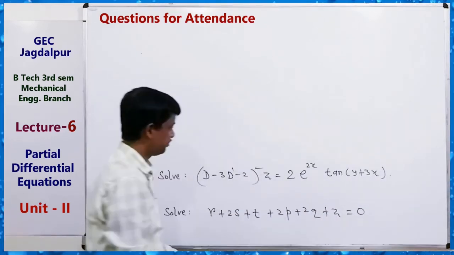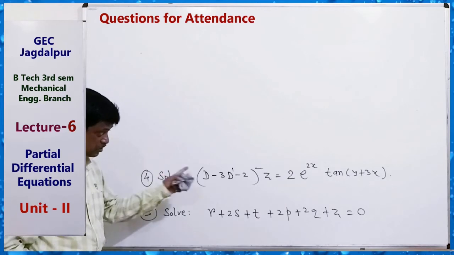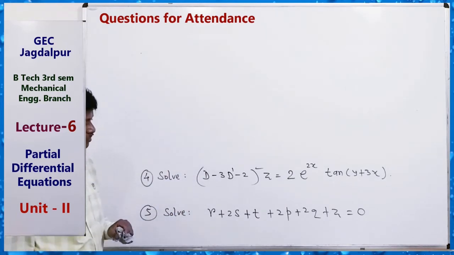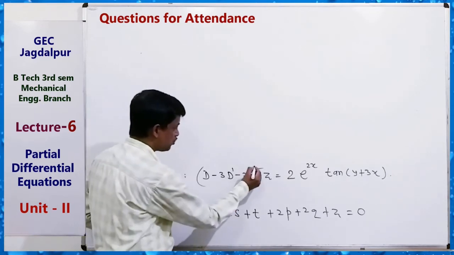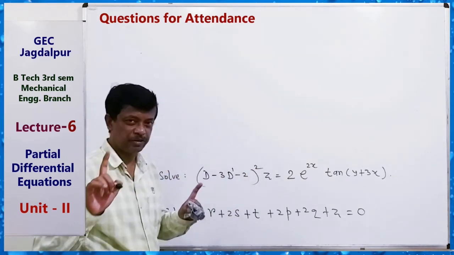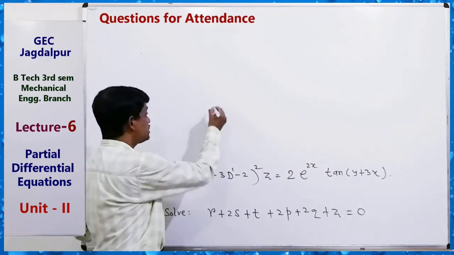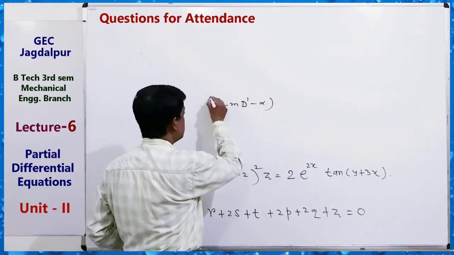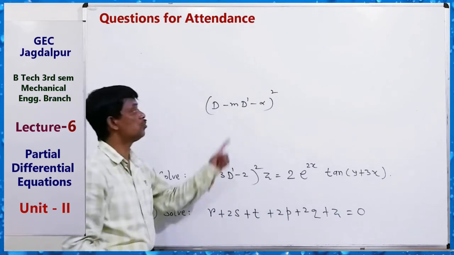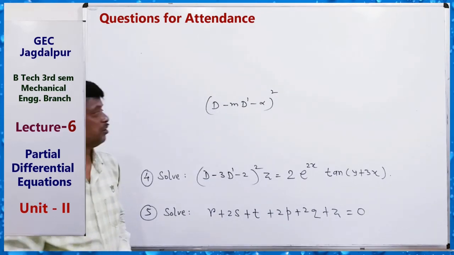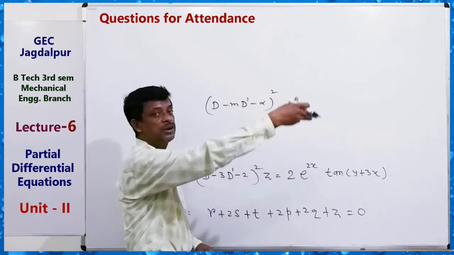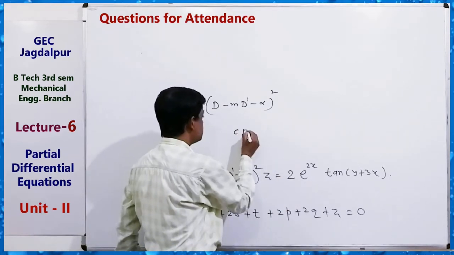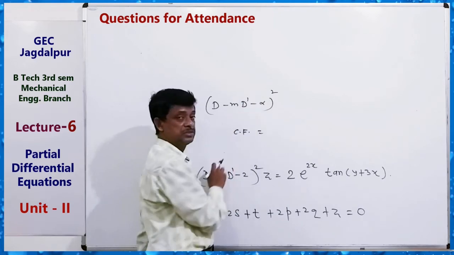Now here for this question, this is a very simple question. For this question, the main thing is the square. So there is one formula when this type of factorization, m d dash minus alpha, is repeating. This is repeated roots. One time, two times, three times, four times. Then how can you write CF? This is new. So here CF will be 2 times.